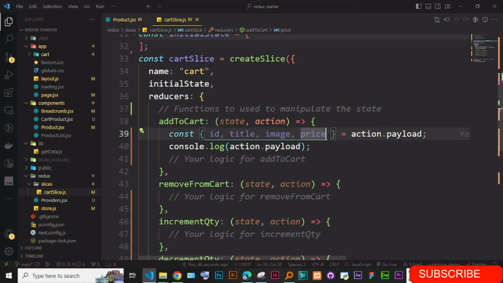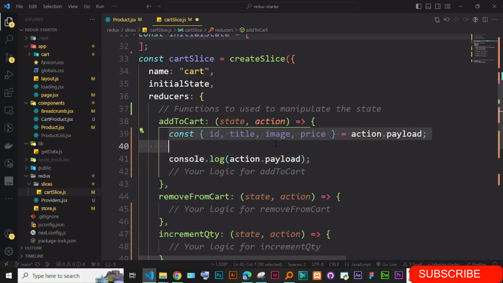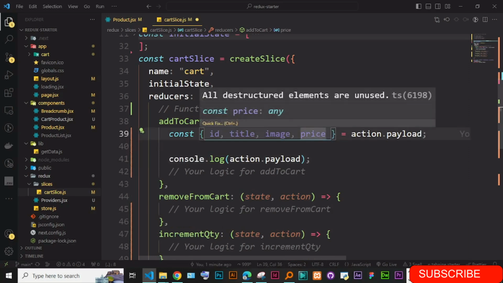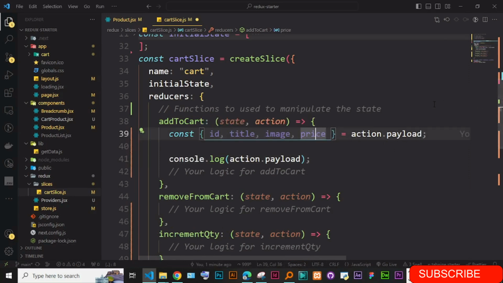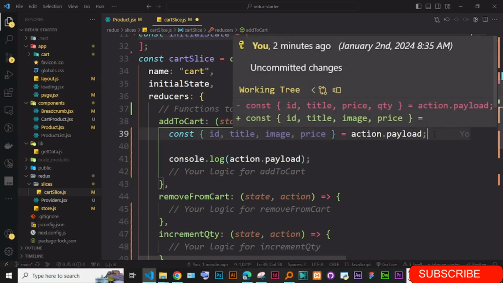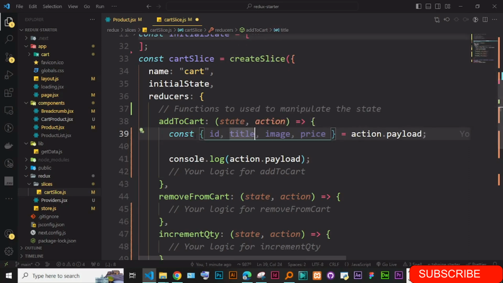One more thing we can do: here there is no quantity. Okay, there is no quantity, but we can also handle it. We can just say ID, title, image, price. And what I'm going to do is we simply want to add this inside